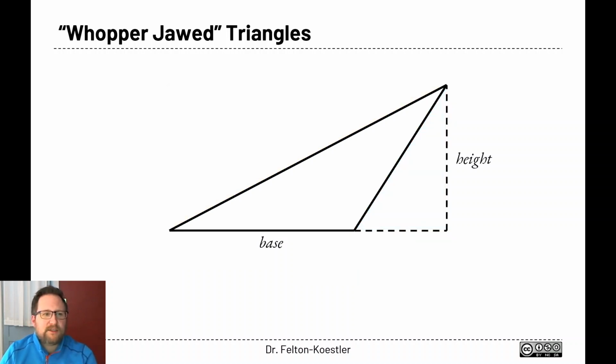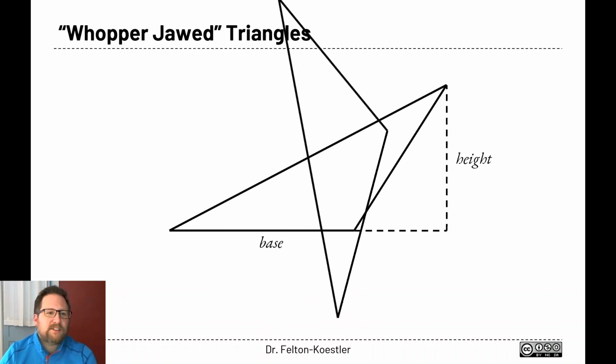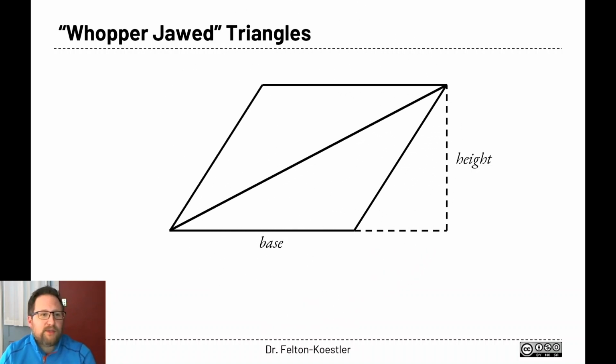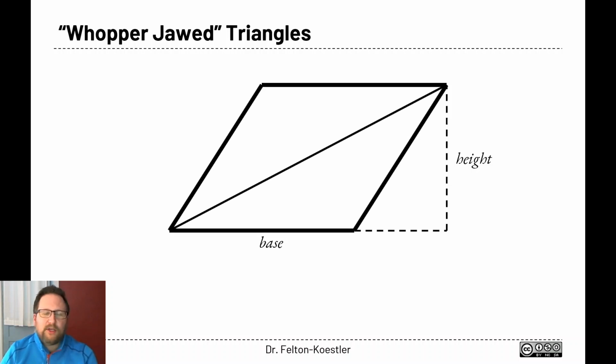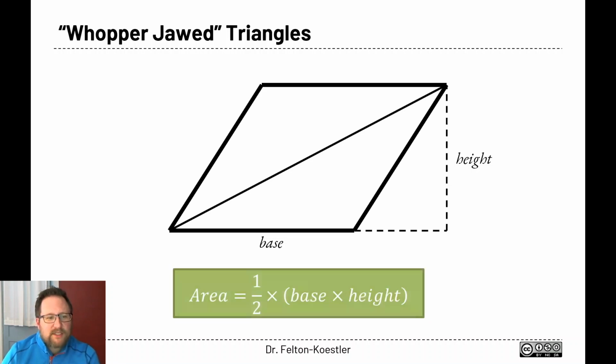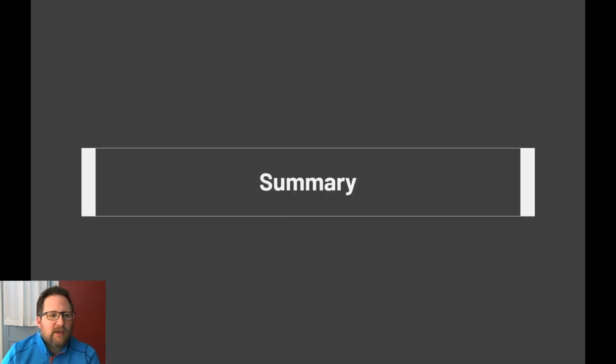So what I'm going to do is take this triangle, I'm going to copy it, and I'm going to spin it around, and I'm going to end up with a shape that I know what to do with, which is a parallelogram. I already know a parallelogram's area is base times height, and my triangle is half of that, so I again end up with the formula I wanted, or that I'm familiar with. All right, to summarize,